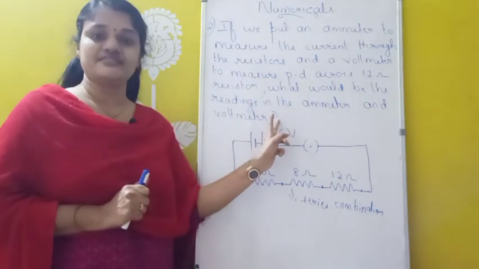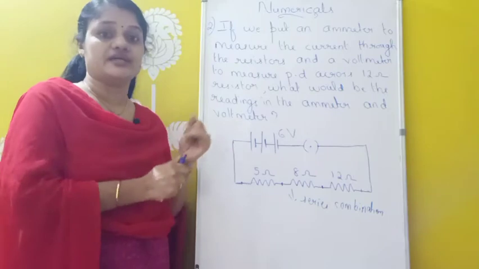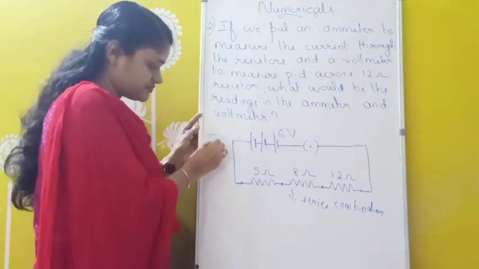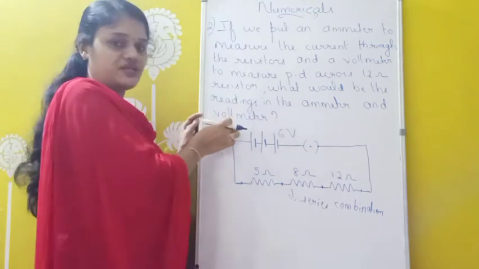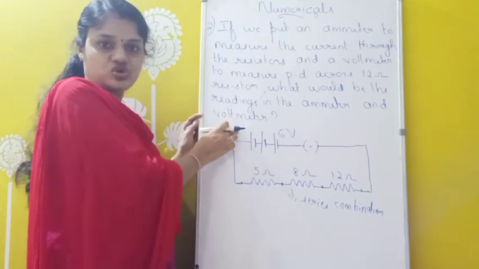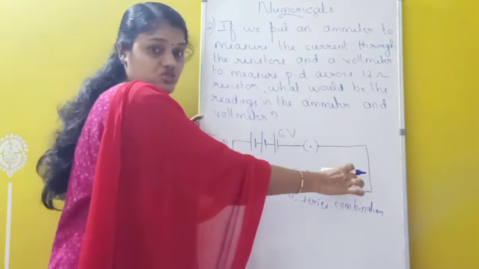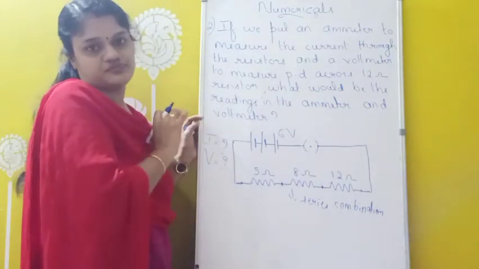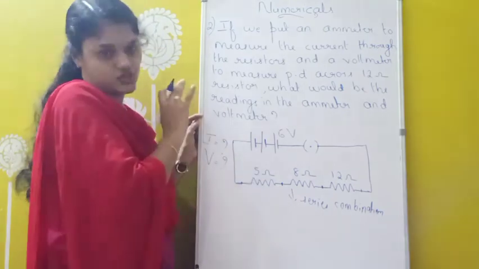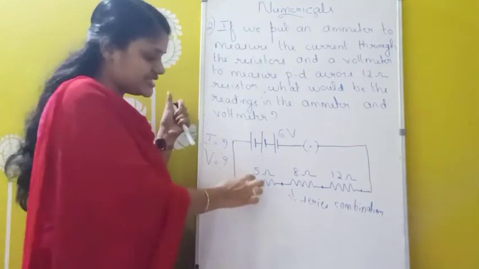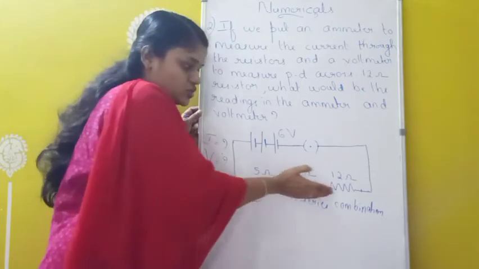Okay. Then what would be the readings in the ammeter and voltmeter? So we have to find the readings in the ammeter as well as the voltmeter. Reading in ammeter means the ammeter measures which quantity? Current, total current. So we have to find current. And similarly we have to find the voltmeter reading. This voltmeter will measure potential difference across this 12 ohm resistor. Okay. So first of all we have to connect this ammeter as well as voltmeter in this circuit. For that we know that in the case of series combination of resistors, whenever resistors are in series, current remains same through all the resistors.